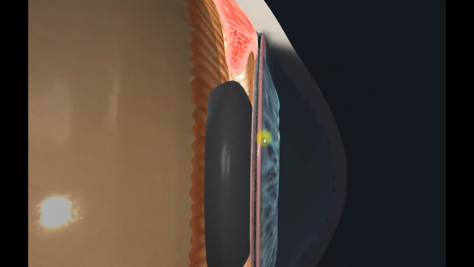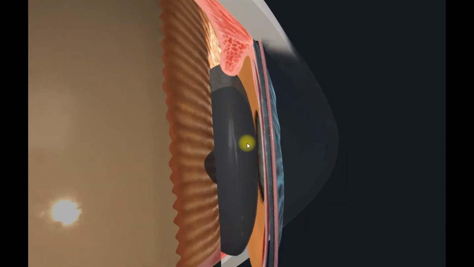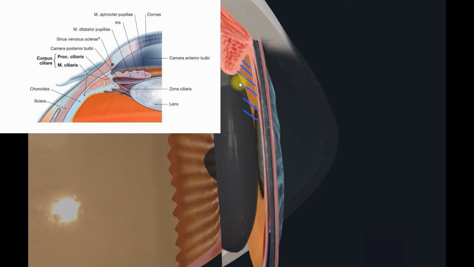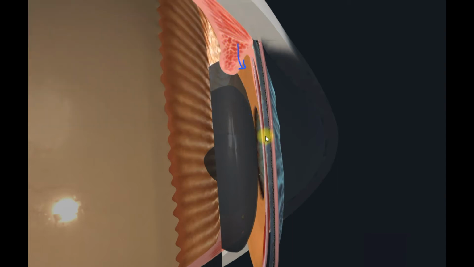If we zoom in on this structure, we will see the posterior chamber, which is located between the ciliary body and the lens and iris, and this ciliary body secretes the fluid which we call aqueous humor, which fills the posterior chamber,